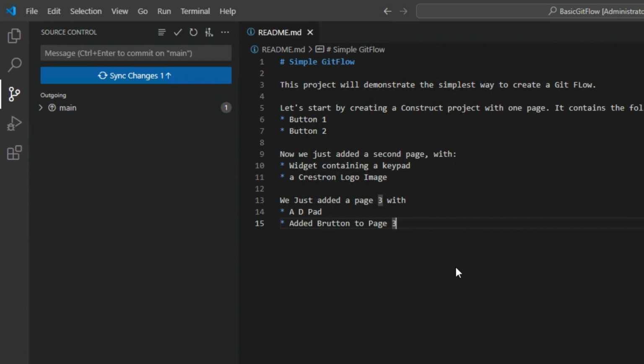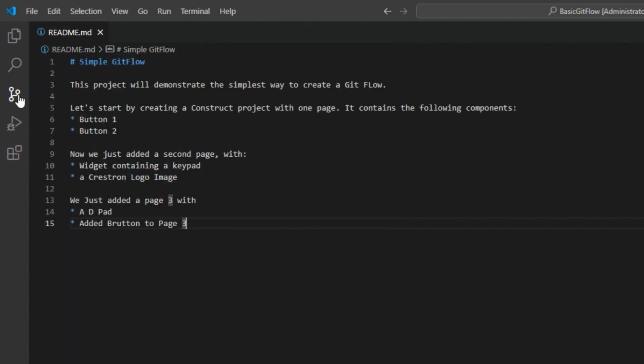So now there are two ways to go back to the previous commit. One is called reset. The other one is called revert. Let's start with the first one called reset. This method should be used only when the changes have not been pushed to the remote repository. More on this later. We are going to go to the Git graph